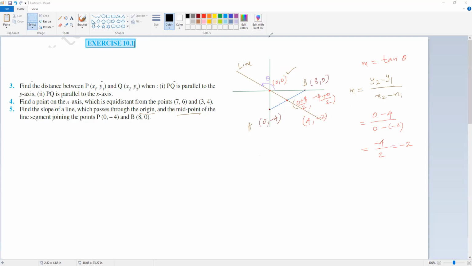You can also do it this way, you can change it to y1 minus y2. But if you are taking y1 minus y2, below it should be x1 minus x2. Understood? It is change in y over change in x. The order should be kept. If it is y2 minus y1, then below also x2 minus x1. If you take y1 minus y2, then x1 minus x2. Okay?